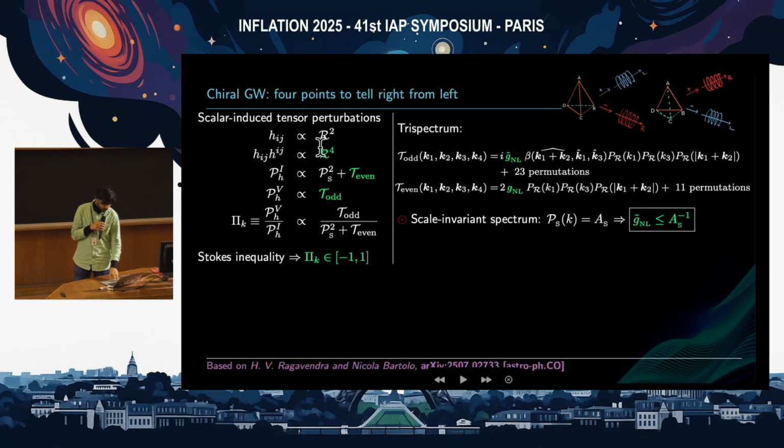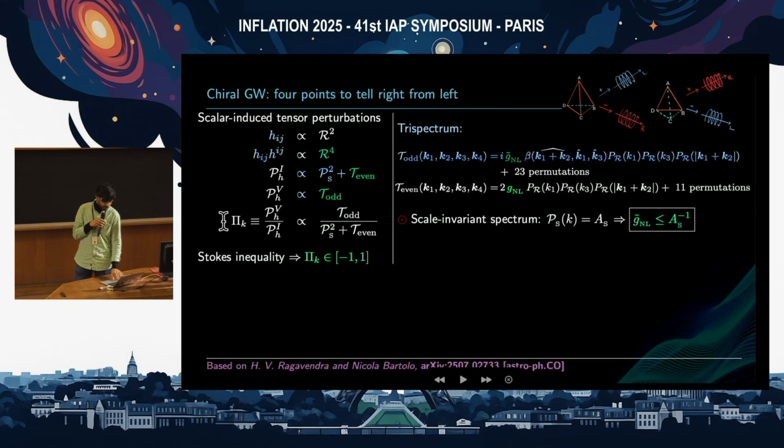Scalar-induced tensors are proportional to quadratic powers of scalar perturbations R, and so the 2-point correlations of scalar-induced tensors are proportional to 4-point functions of scalar perturbations. So the PHI, the spectral density of the intensity of these gravitational waves, can contain contributions both from products of power spectra and the trispectrum, the disconnected and connected parts of the 4-point function, whereas the V mode, the degree of circular polarization of these gravitational waves, shall be directly proportional to just the parity violating connected part of the 4-point function of the scalar perturbation.